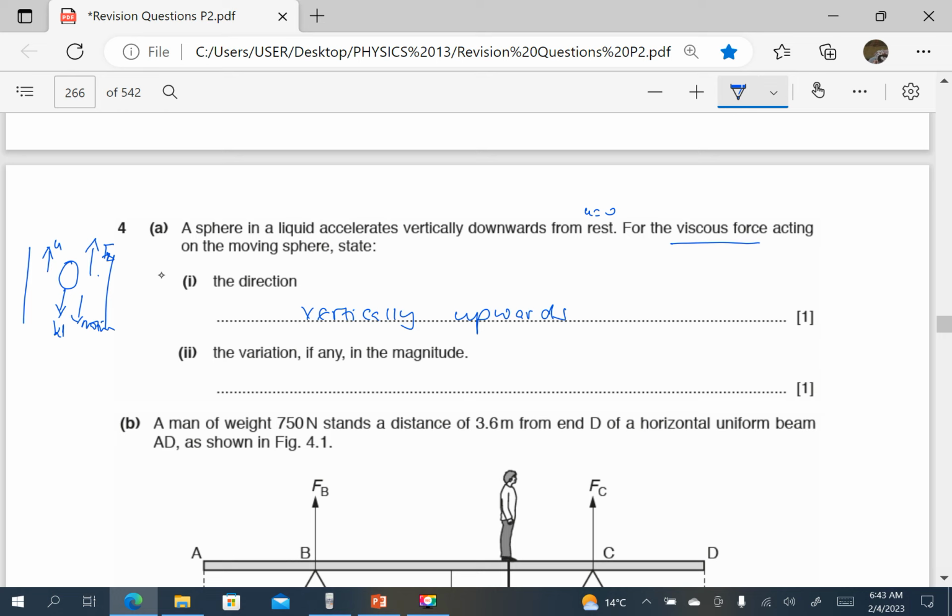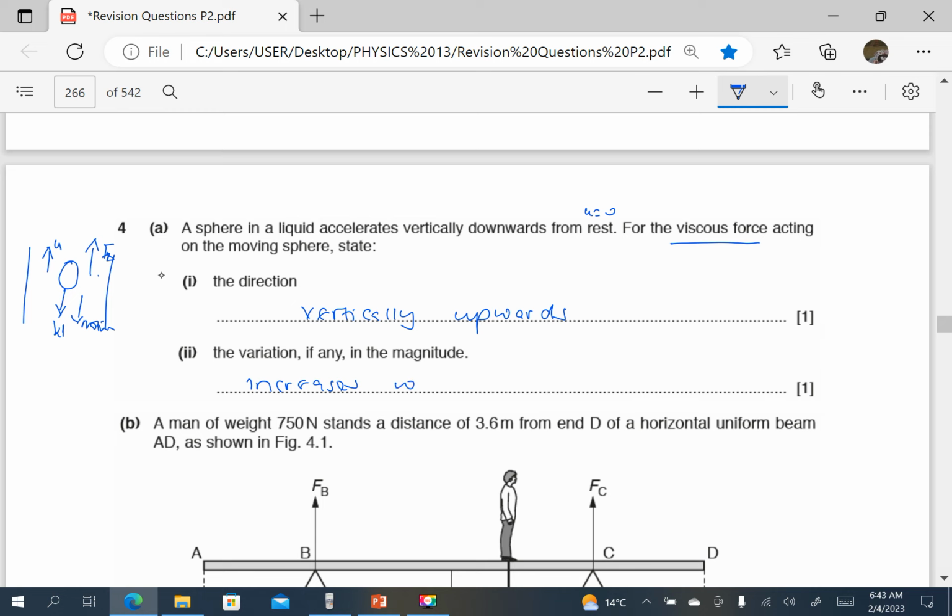Then the variation, if any, in the magnitude. Of course, the viscous drag increases with the speed. But remember, as the sphere moves downwards, the viscous drag is increasing, and it is in the opposite direction, upwards. As the speed of the sphere increases downwards, the viscous drag will also increase in the opposite direction. It's like air resistance. Air resistance increases with the speed. So we can say that this one increases